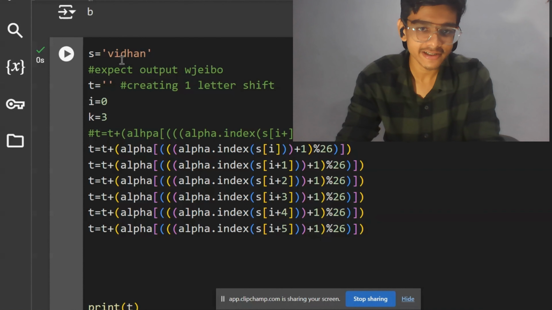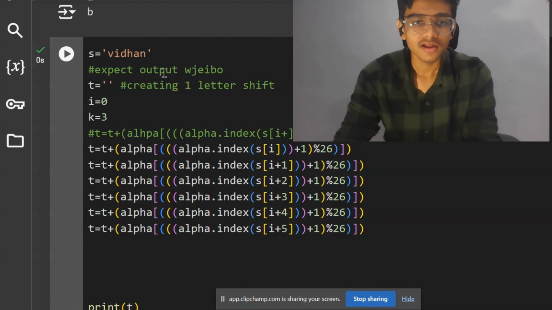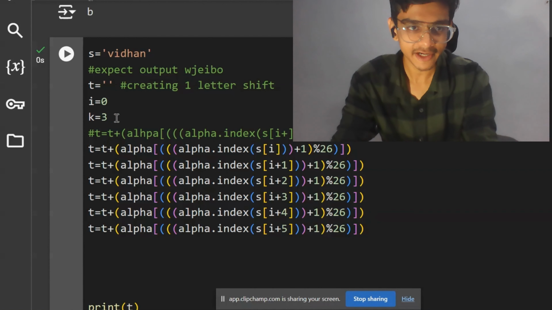आई प्लस फाइव, आई प्लस सिक्स करते रहना। जैसे मेरे इसमें फाइव इंडेक्स तक था, मतलब सिक्स लेटर्स थे, तो अब आपके इस नेम में हो सकता है 10 लेटर्स हों। सो यहाँ पे आई प्लस नाइन तक जाना। ओके, सो एज इजी एज दैट। So now what we are going to do now, we are going to just make it print out,